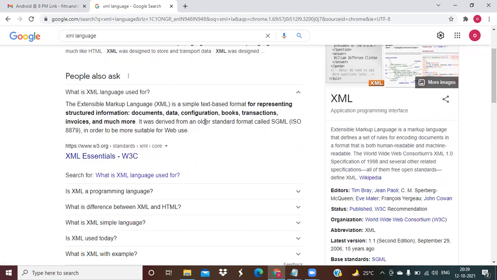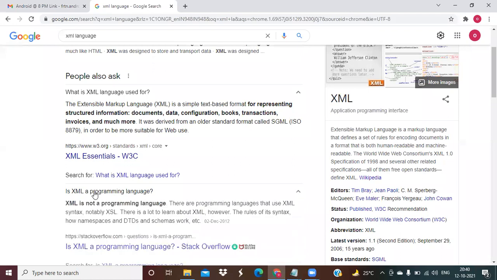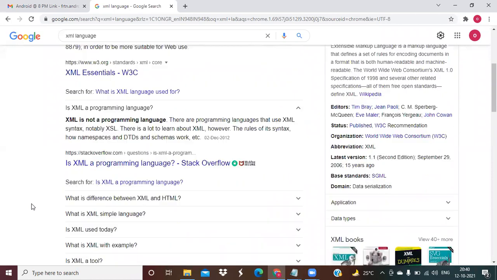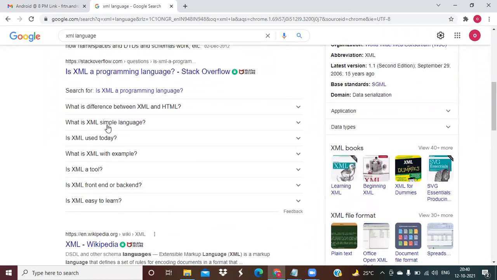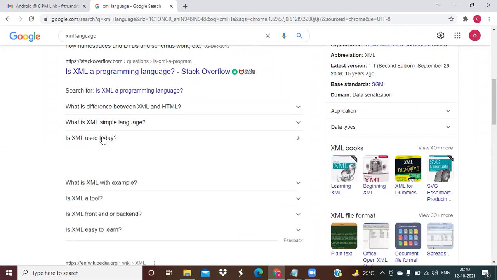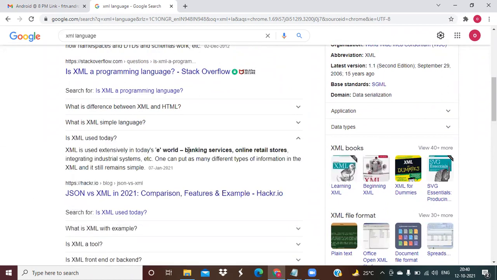It was derived from an older standard format called SGML in order to be more suitable for web use. Is XML a programming language? It is not a programming language. So, is XML used today? See, banking services, online retail stores, integrating industrial systems, it is everywhere.